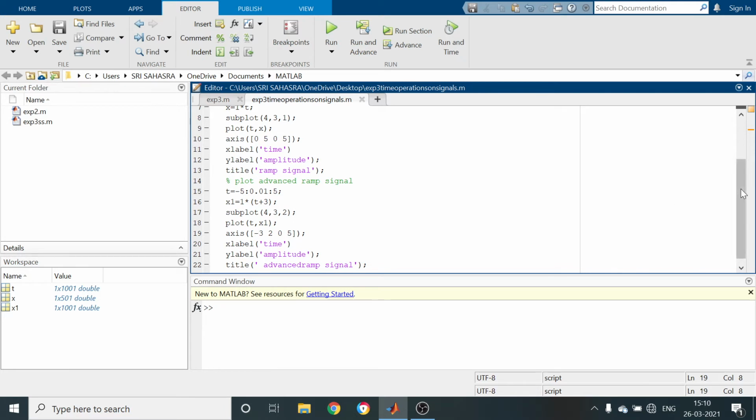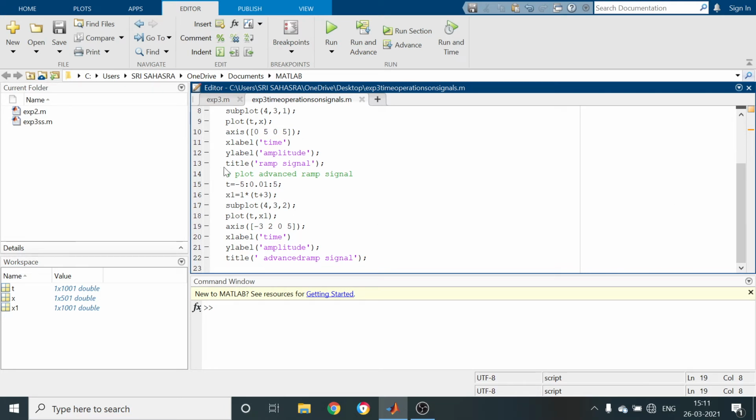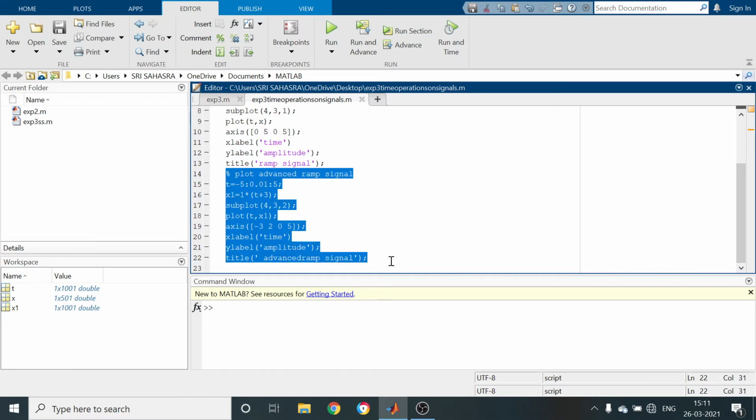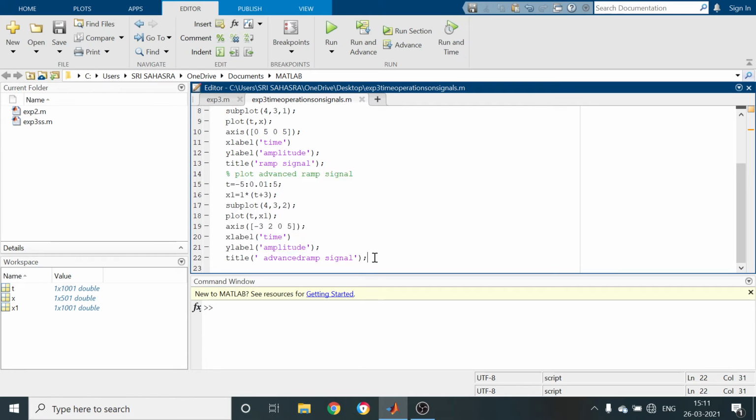Similarly, we have to perform delayed signal. So for delayed, just comment, give it as plot delayed ramp signal. Take time axis as, so we are going to delay, so that's why I am giving both positive only.